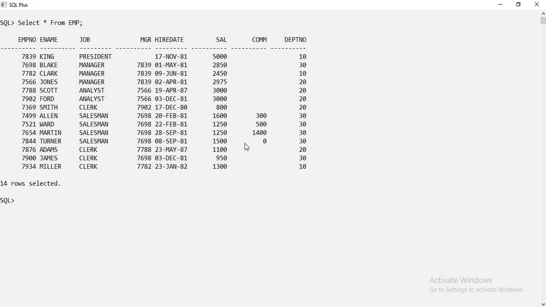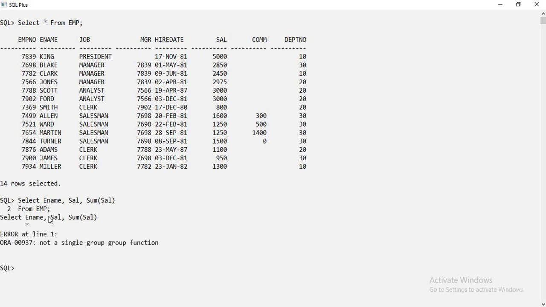Now to get that, the problem is when I say select ename, sal, sum of sal from EMP, this is going to give me an error, because whenever I use an aggregation function, I need to use group by. If the group by is not present, it gives an error.